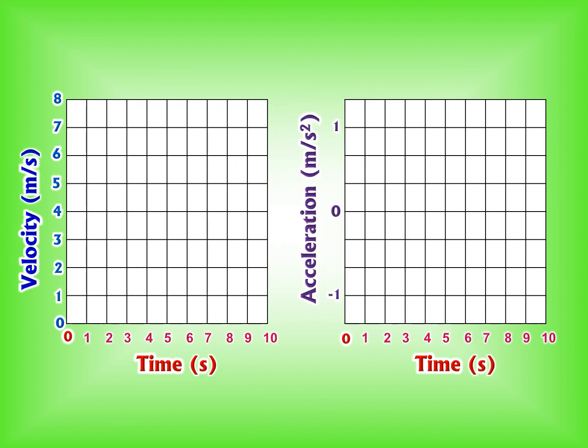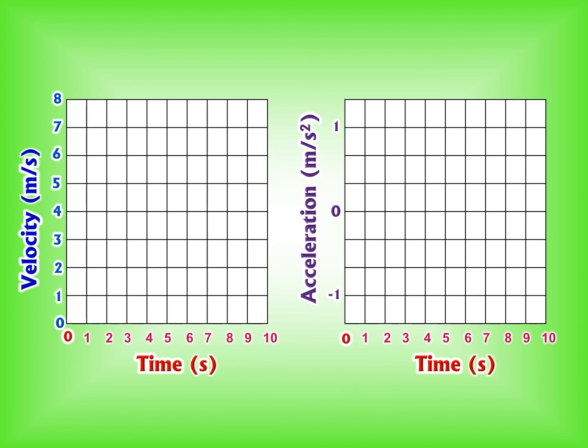Well, I wasn't going to make the acceleration graph, but then I decided just saying it in words might not be clear enough, so I made one. So now notice this is going to be the same velocity versus time graph that we had on the previous one. And now, next to that, we've got an acceleration versus time graph. However, pay attention to where the 0 is. The units of acceleration are meters per second squared. Look where the 0 is. It's way up high in the middle. That's to leave room for negative values.